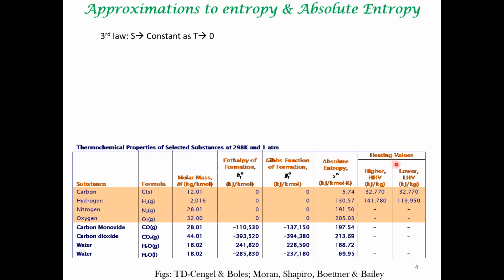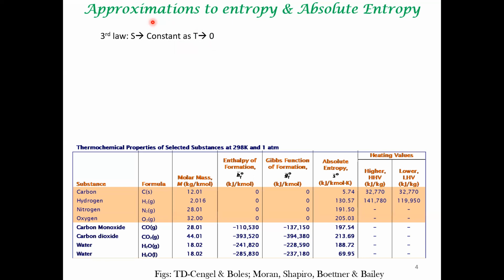We had seen this table in the previous lecture when we focused on just the enthalpy of formation. In this lecture, we want to clarify this term called absolute entropy. This is important for computing entropy changes. As temperature goes to 0, entropy reaches a constant value. We can interpret this in terms of the microscopic formulation, and it will make sense why there is the third law of thermodynamics.